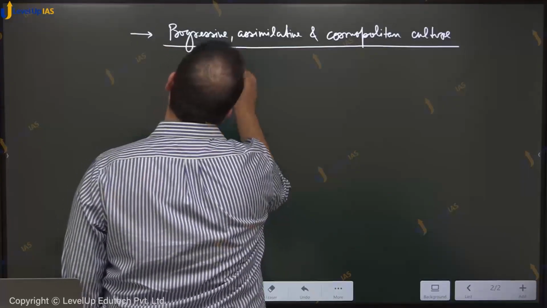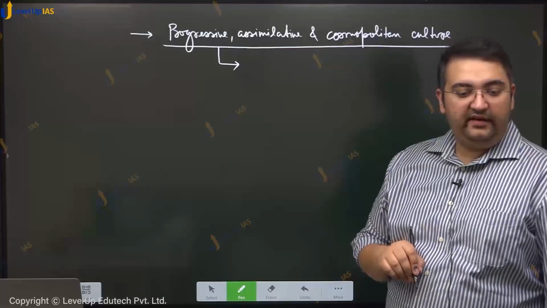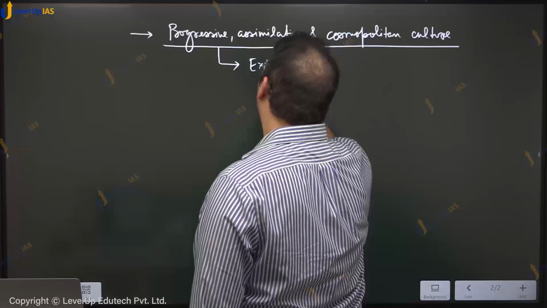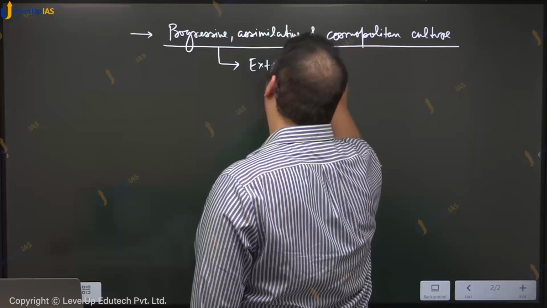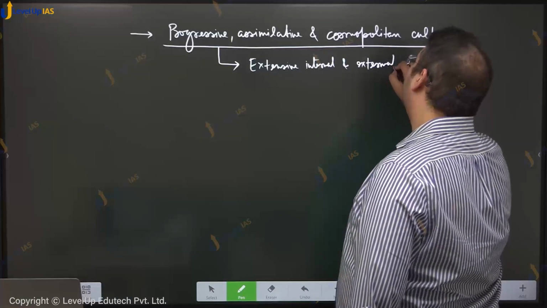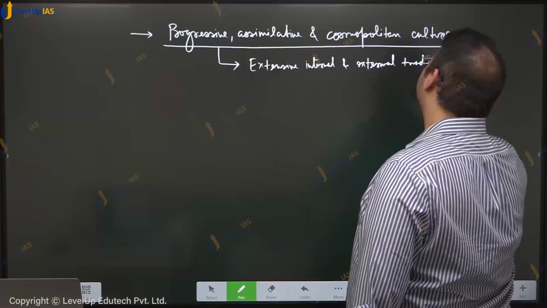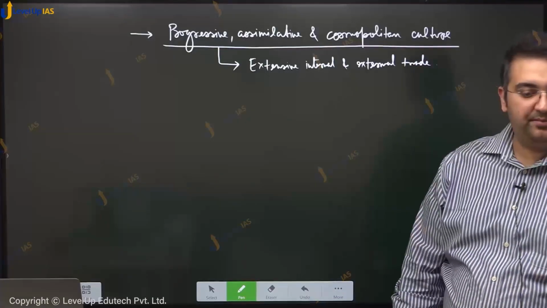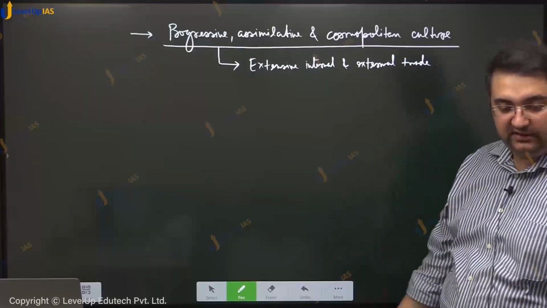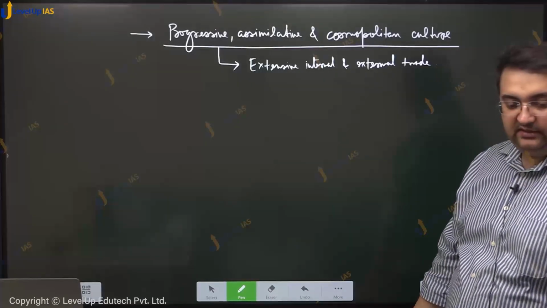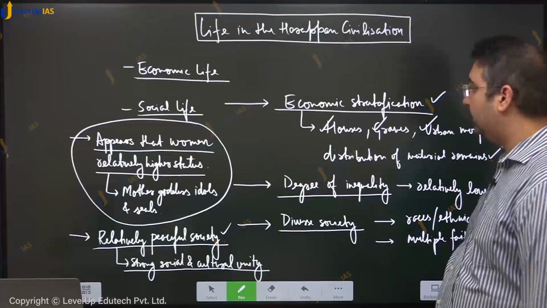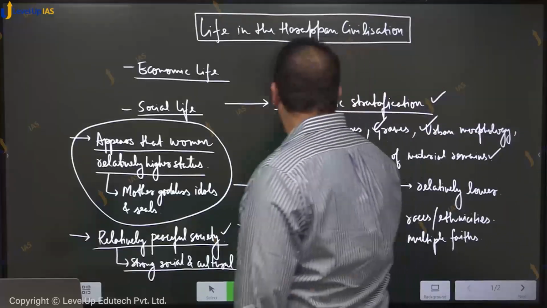This fact is further driven home by evidence which supports the presence of extensive internal and external trade. Could this have been possible if the Harappan people had been hostile to outsiders and other cultures? Possible नहीं हो सकता था ऐसा. ठीक है? So these are the things that we can get to know about the Harappan society from the archaeological remains. Give the heading social life.